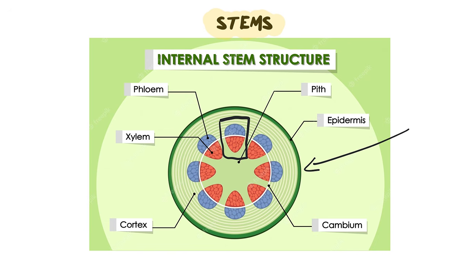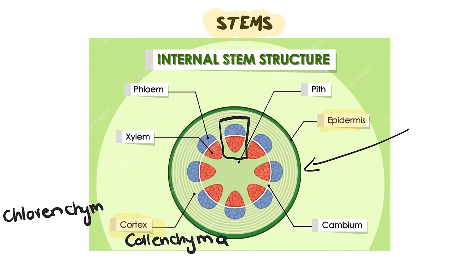Again, every single one of the tissues we've covered must appear here. So starting off with the epidermis. Now, a stem does have an epidermis, and this epidermal tissue sometimes contains chloroplasts. Often it is in the collenchyma, which sits just below the epidermis, and that sits inside the cortex. Now, the cortex is the filling of the stem, and as I said to you now, it can contain collenchyma. Now, if collenchyma has chloroplasts in it, we call it chlorenchyma, and that's what gives a stem a green look